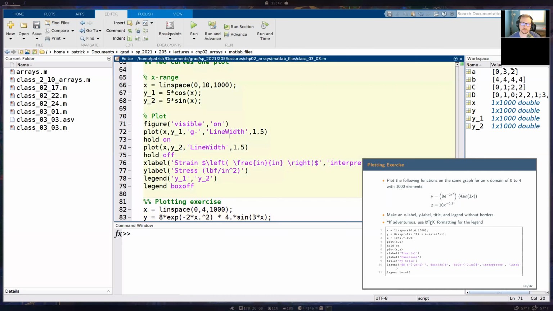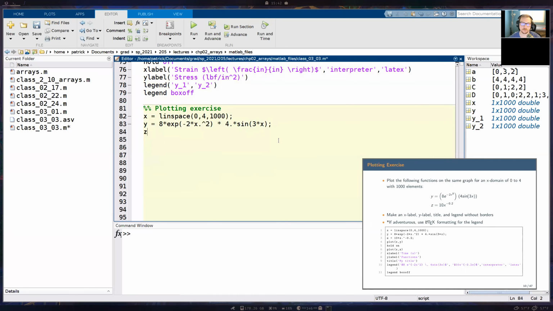Let me go up here and put this as off. Okay. And then we're going to define z. So we have z equals 10 times x, and then squared, so we have to use our element by element operation once again. That's 0.2 times x. Oops, no, not times x. Okay, there we go. Just making sure I typed it in right. Oh, negative. Okay, there we go. Alright, and now we want to plot this.